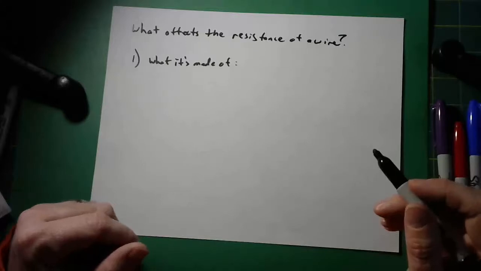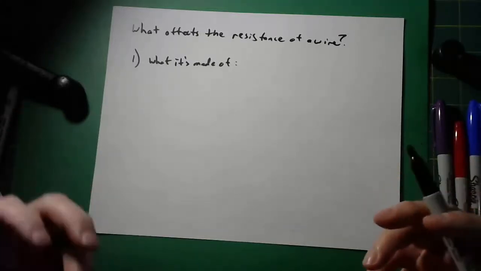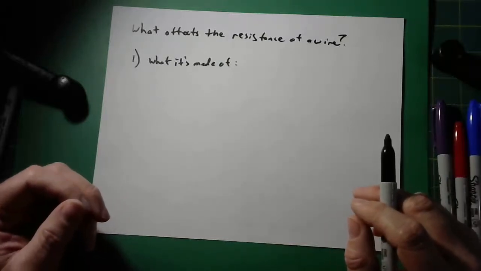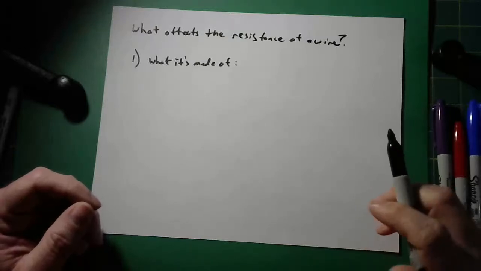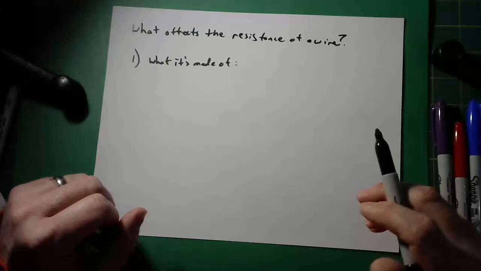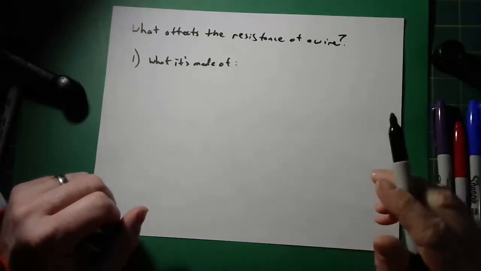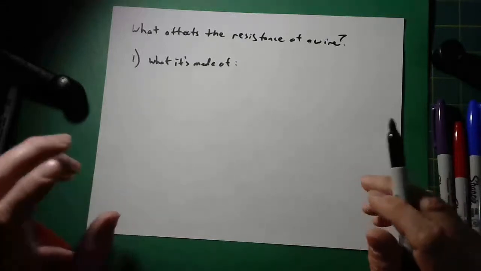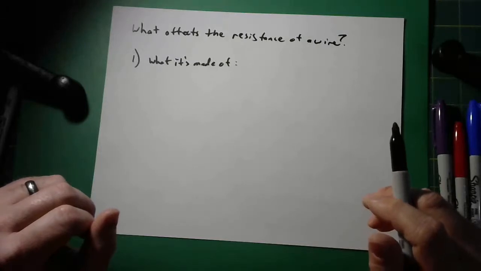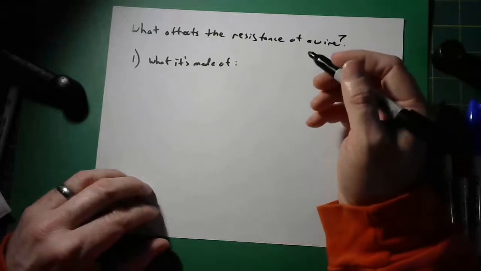So why do we use steel? Well, it has more to do with the strength of a steel alloy versus copper, and perhaps I wonder if resistance to corrosion plays a part. But then also just the fact that copper itself is pricier. So we typically make those power lines out of steel alloy. But like I said, wiring in homes is typically made out of copper. Okay. So anyway, what it's made out of,